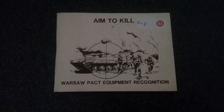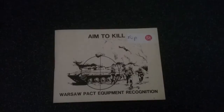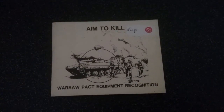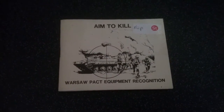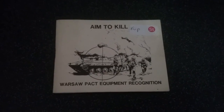Hello everyone, I just thought I'd make a quick video showing you a little book that I managed to pick up today, as you can see, for just 50p, and it's called Aim to Kill: Warsaw Pact Equipment Recognition. So basically, this was a little notebook that was given to service personnel to help them identify Warsaw Pact equipment,